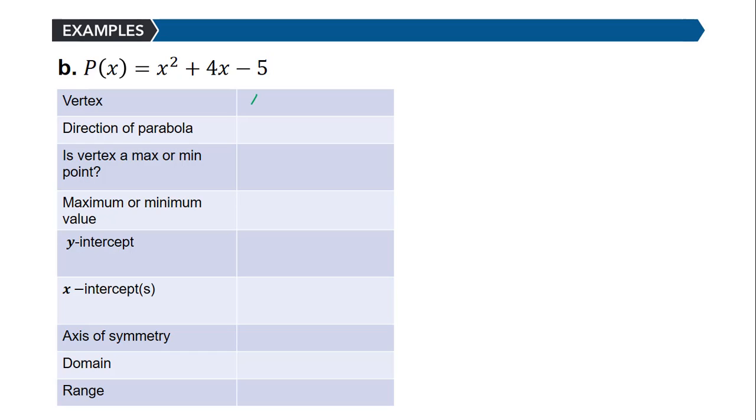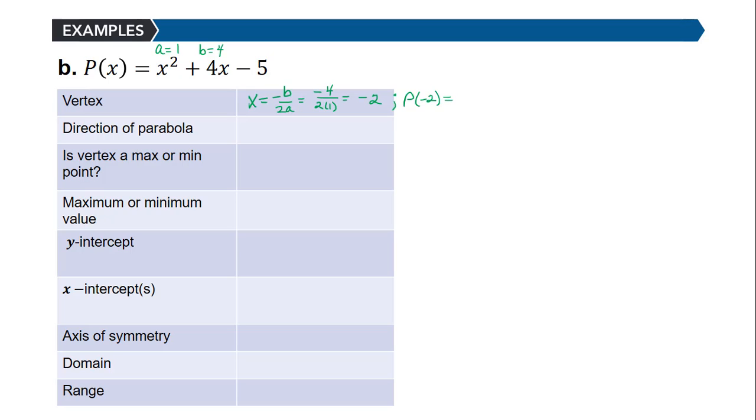This would tell us that x is equal to negative b divided by 2a, which in this case a is 1 and b is 4. Therefore, we get the opposite of 4 divided by 2 times 1, which is negative 4 over 2, or negative 2. Then the y value of the vertex is found by plugging the negative 2 into the function in place